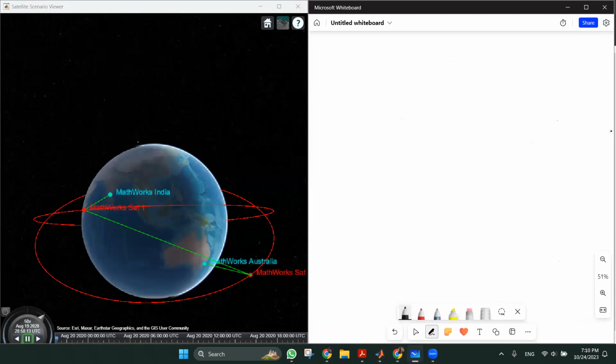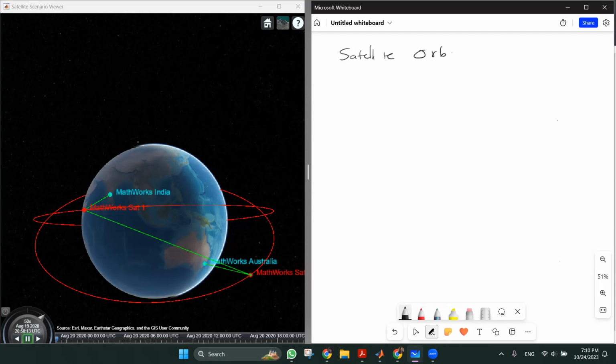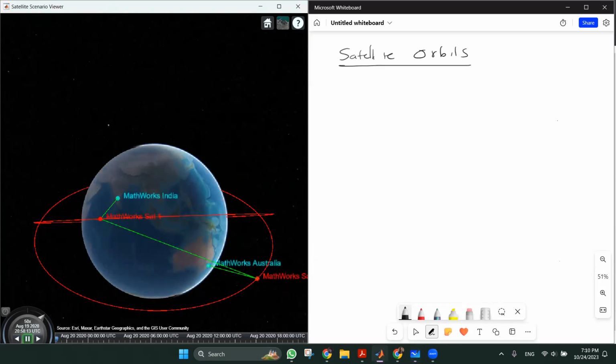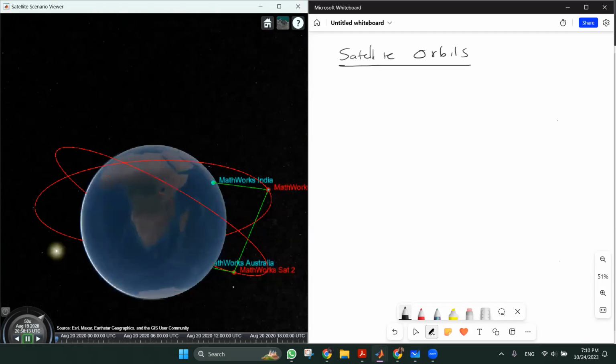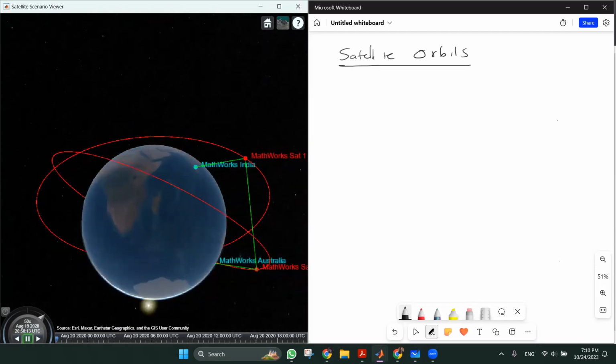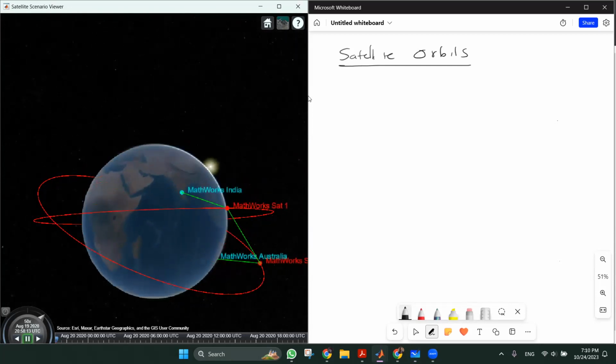Then we have the satellite orbits, about which I would also like to discuss. Satellite orbits, right? So in this simulation, we can see satellites orbiting in specific orbits. And here, actually, we can see the satellites are placed at a certain distance from the Earth. So based on the distance